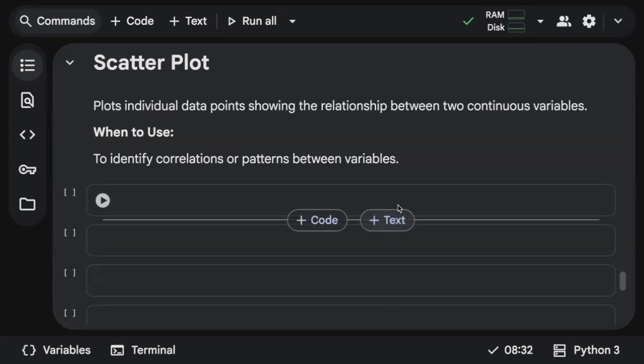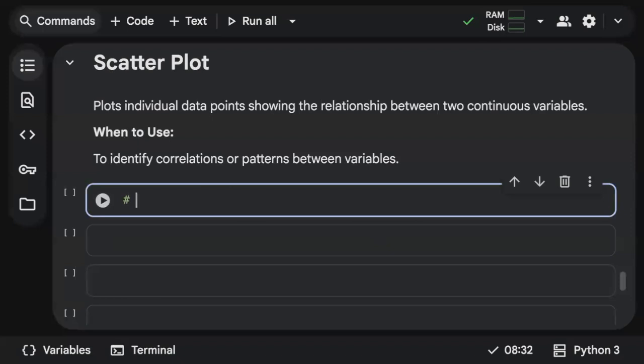Hey everyone, now it's time to explore what exactly a scatter plot is. A scatter plot is basically used to find the relationship between two numerical variables. Whenever you want to identify how strong two variables are related, like what the correlation between them is, or whether one variable increases with another variable, to understand all these things we go with a scatter plot.